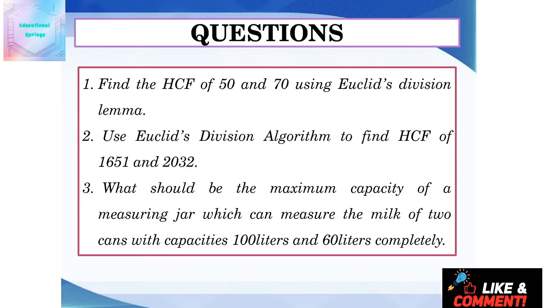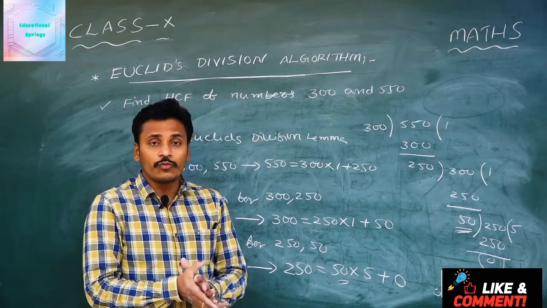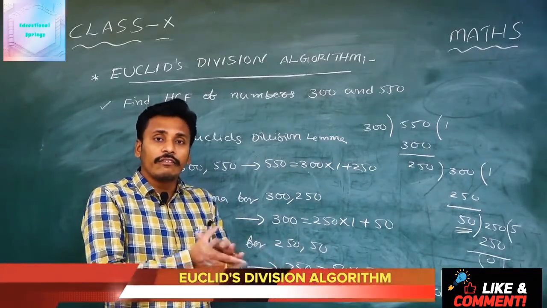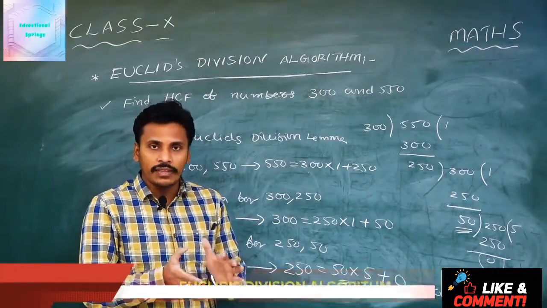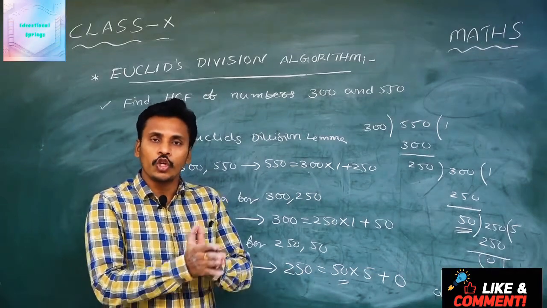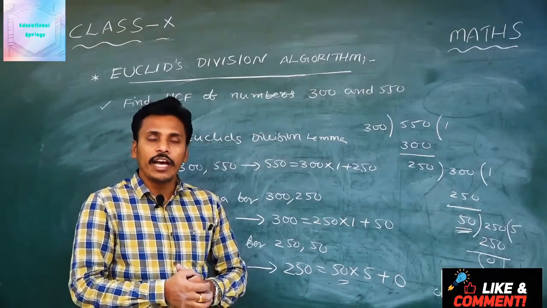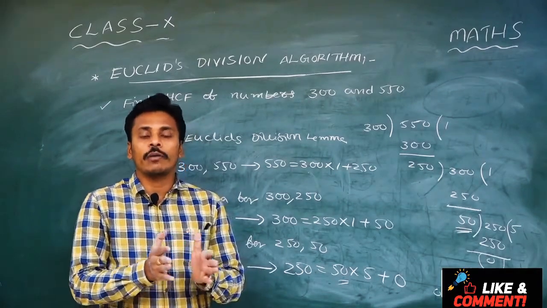Look at the slide on the screen. It contains a few questions related to finding the HCF of two numbers. You need to try those questions using Euclid's division lemma. It gives you a good idea related to Euclid's division algorithm and lemma. In this mathematics class, we learnt about Euclid's division algorithm, whereas in the previous classes, we learnt about Euclid's division lemma, and there ends the concept related to Euclid's division lemma and algorithm. And in the next mathematics class, we are going to discuss the fundamental theorem of arithmetic.